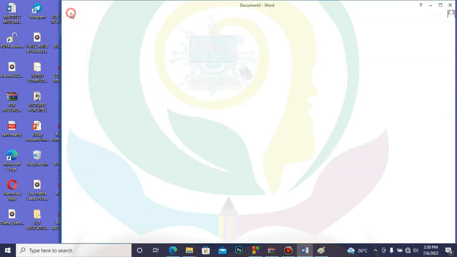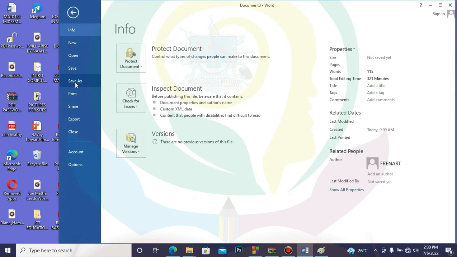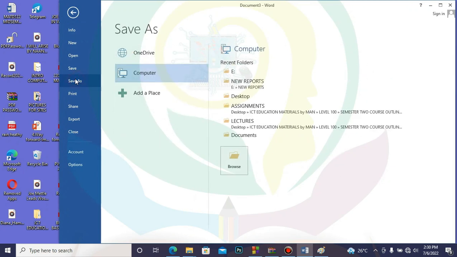or we come to file on the menu bar, and select save as, because this is a new document that we are dealing with. When you go to the save as, you have the option to save to your OneDrive, or computer, or add a place. So what we do is, we want it to be on our computer, you just select your computer, and the